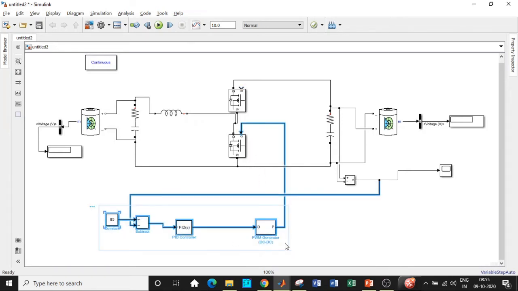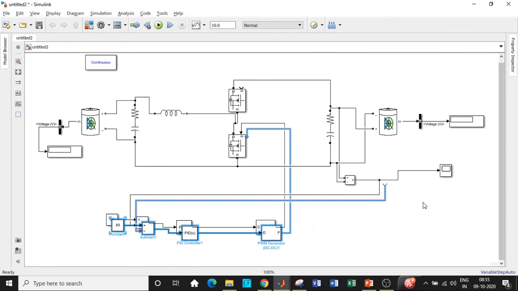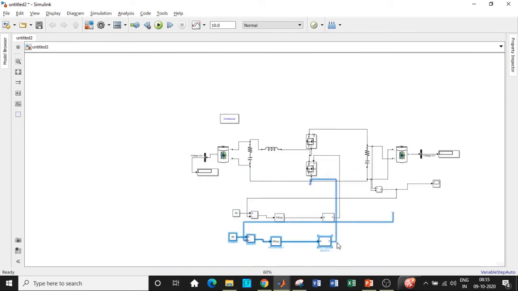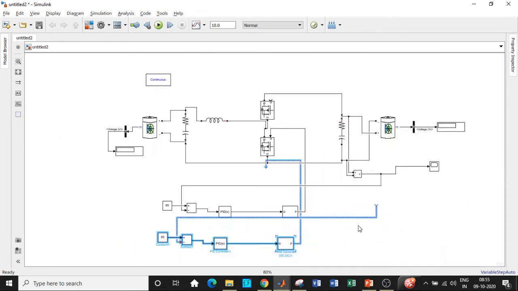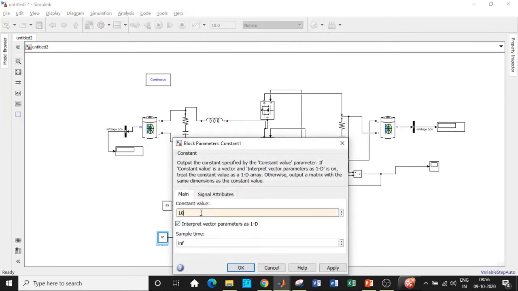Again, we'll be requiring a similar configuration, isn't it? So I'll be copy pasting this, I'll be placing this right underneath this, and that is required for the buck operation. I'm just establishing a closed loop. You can simulate this only with open loop as well, but just to ensure that it operates in closed loop, because it provides better reliability with respect to the circuit simulation part, I'm using that. So that is given to the boost converter. The constant value should be around 10 volt or 12 volt, so based on that you can give.